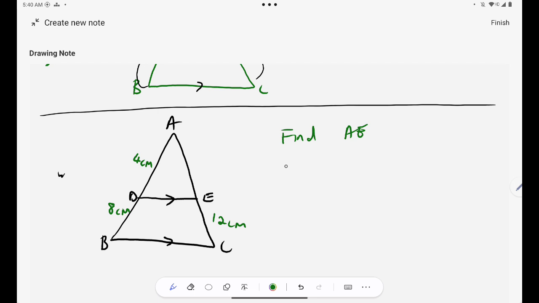You can simply say since I know that DE is parallel to BC, I can conclude that AB over DB is equal to AE over EC. Why? Because I'm applying the proportionality theorem, and that theorem is true because DE is parallel to BC. Are you together? And then now I can substitute